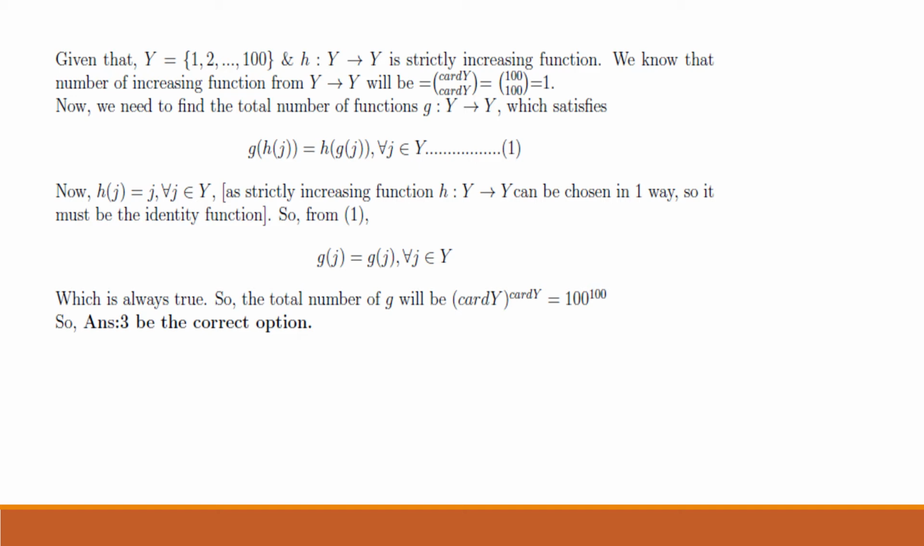Then we need to find the number of such g, that will be cardinality of Y to the power cardinality of Y, that is 100 to the power 100. So option 3 is the correct option. Okay. So this is the answer. And next